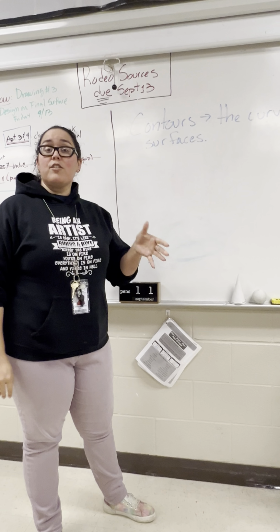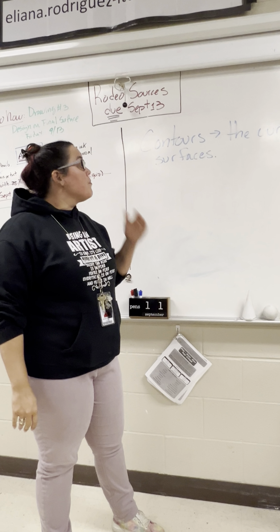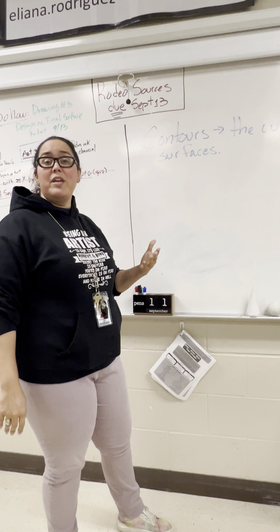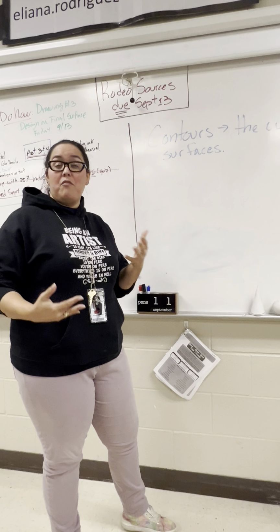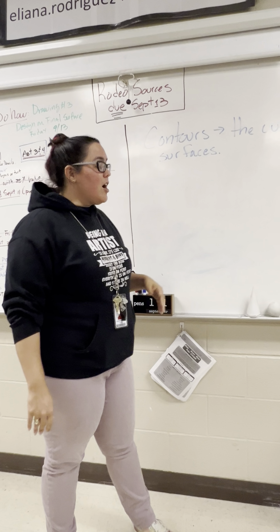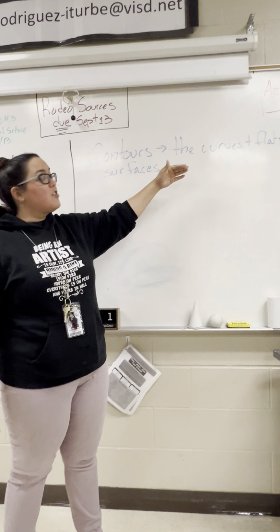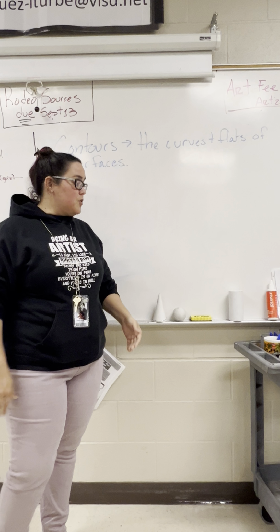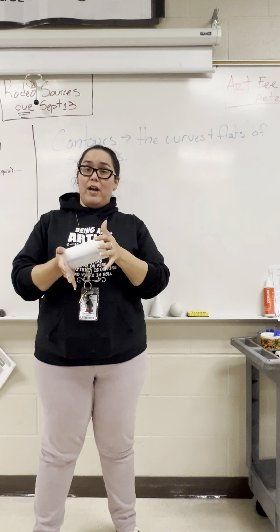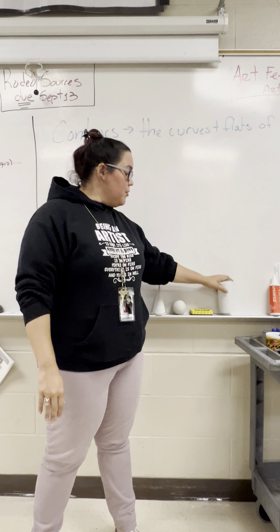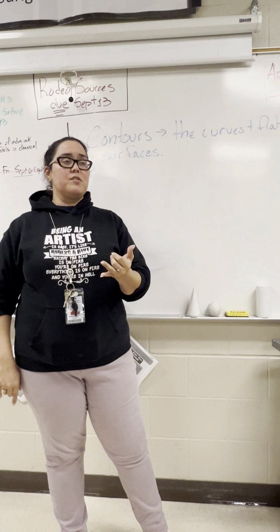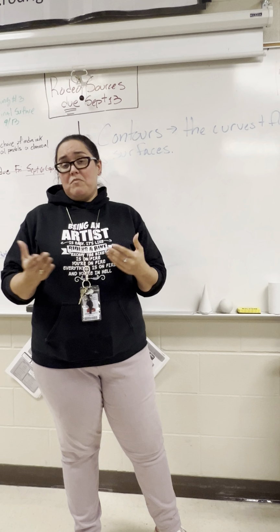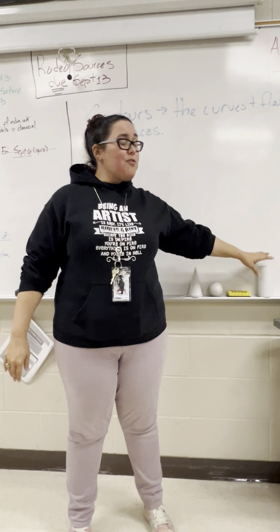So, in our little basic drawing series that we've been going on, yesterday's lecture was on contours of flat-sided objects. Contours being ways that we can figure out how many shades of gray we need in an object. And contours are the surfaces like curves and flats of a surface of an object. All objects have contours. Your face has a contour, tape has a contour. We have contours around here on this little cylinder. And yesterday we went over everything that was flat. Pyramids, cones, rectangular prisms, and cubes, because they're easier. They're flat. It's easy to figure out. Today we get to go over the slightly more difficult ones,